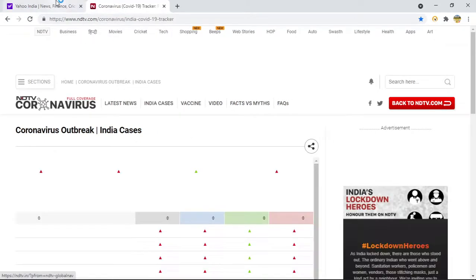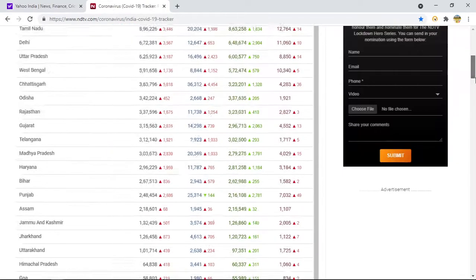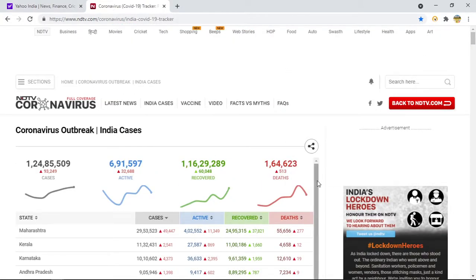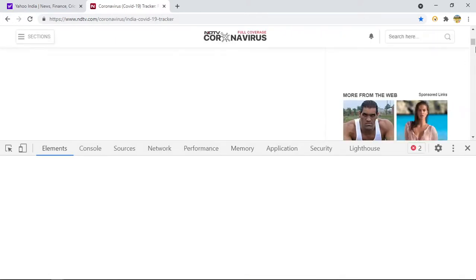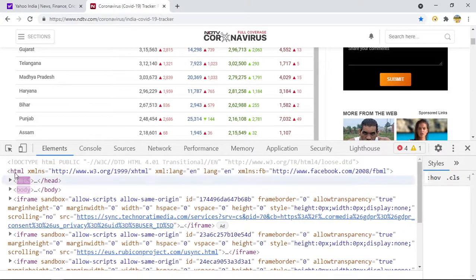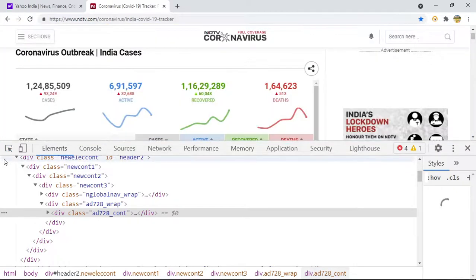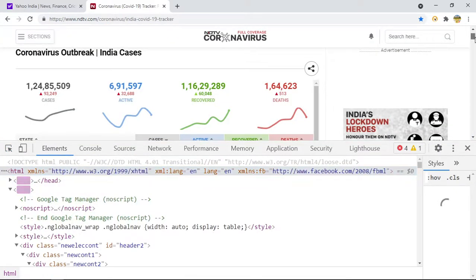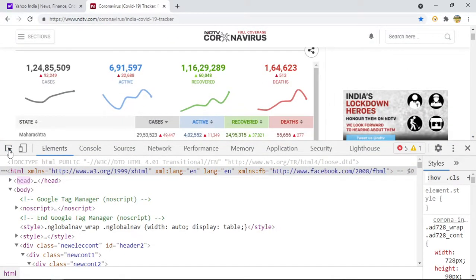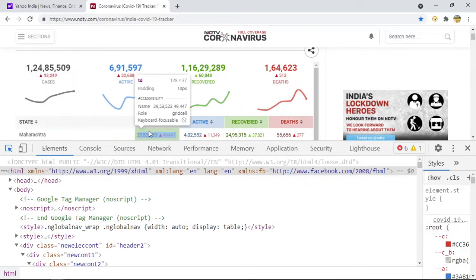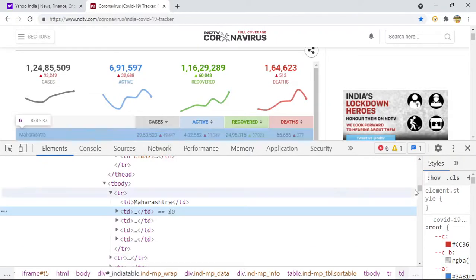So let us come to this website. It shows the total number of cases and they also keep on updating the cases.